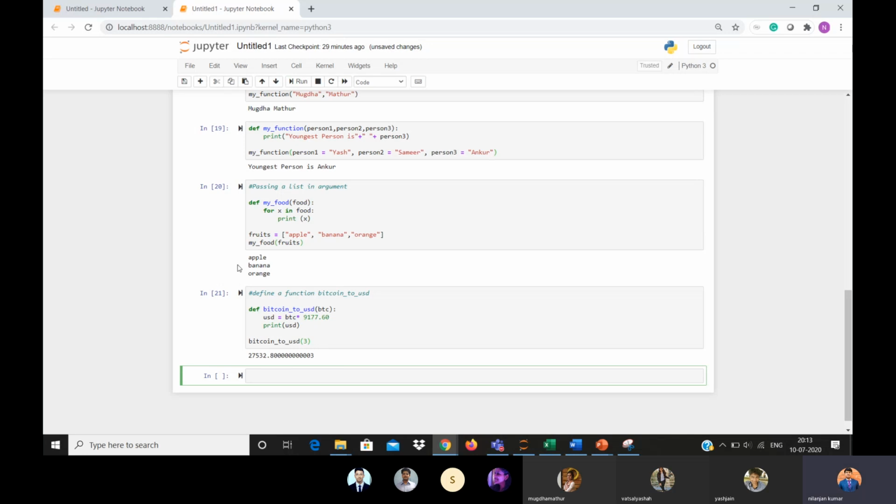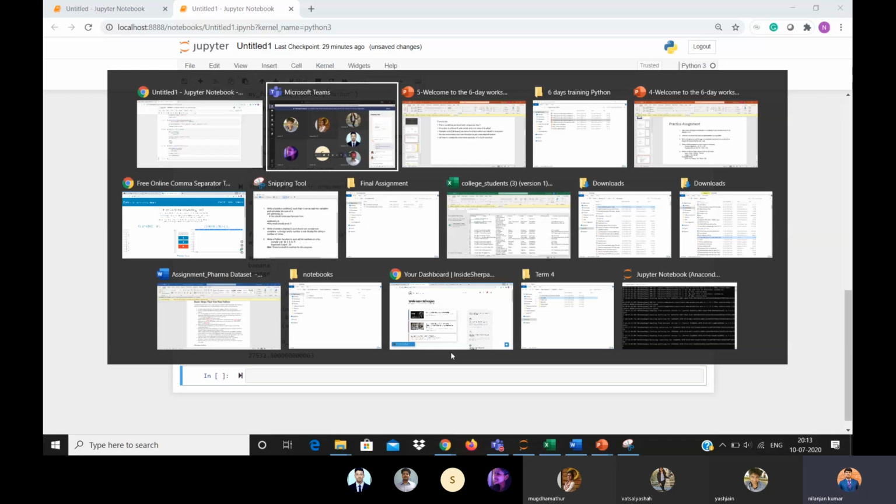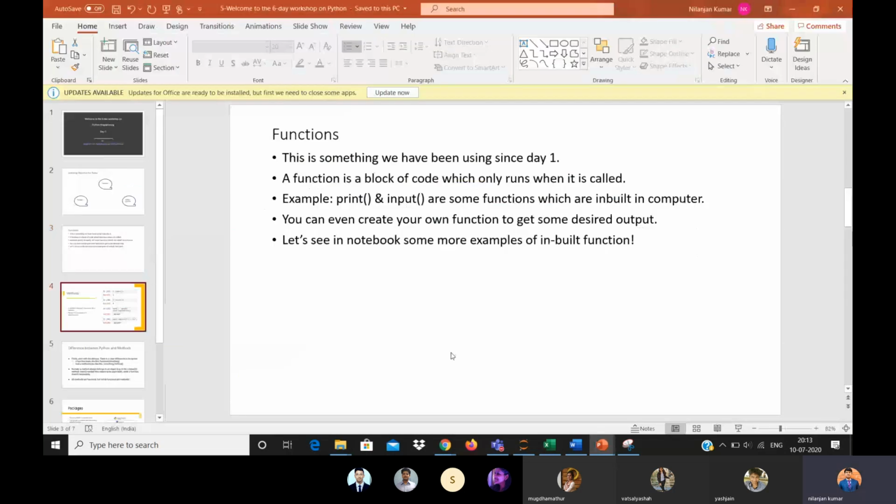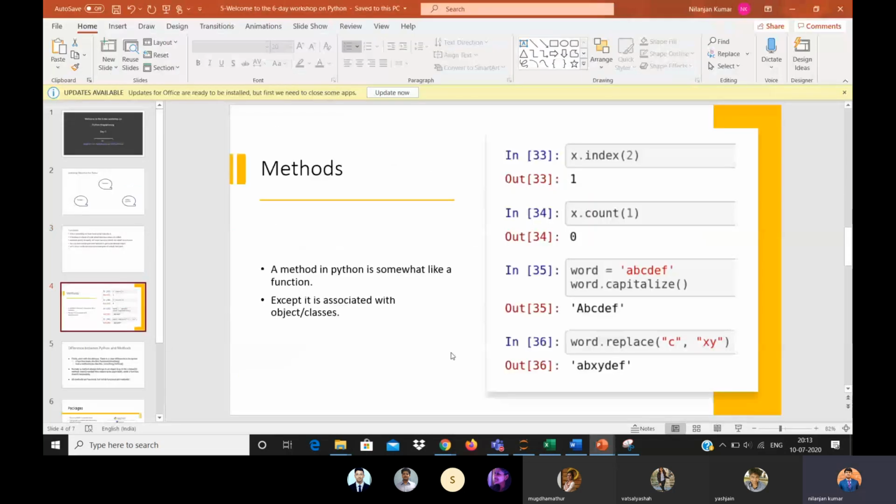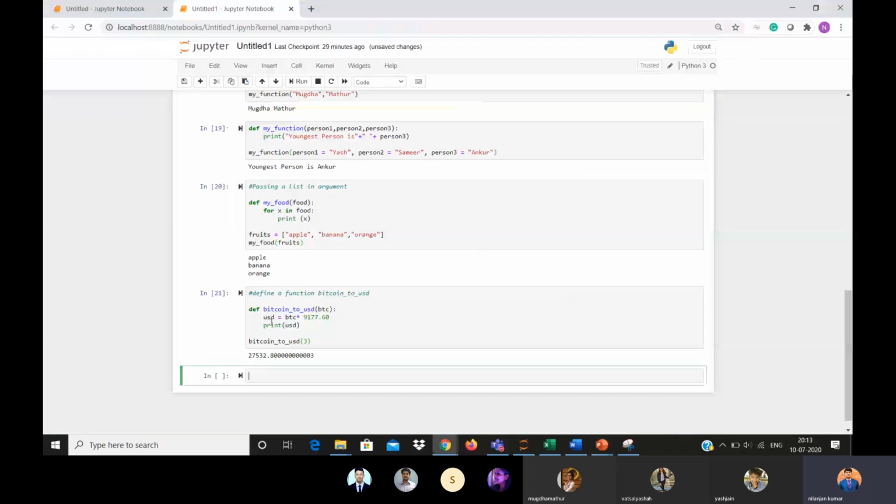This was the simple program for converting Bitcoin to USD. Okay. So now what I can do is I will go again to the presentation. So next thing which we are going to learn, before that, everyone got it?